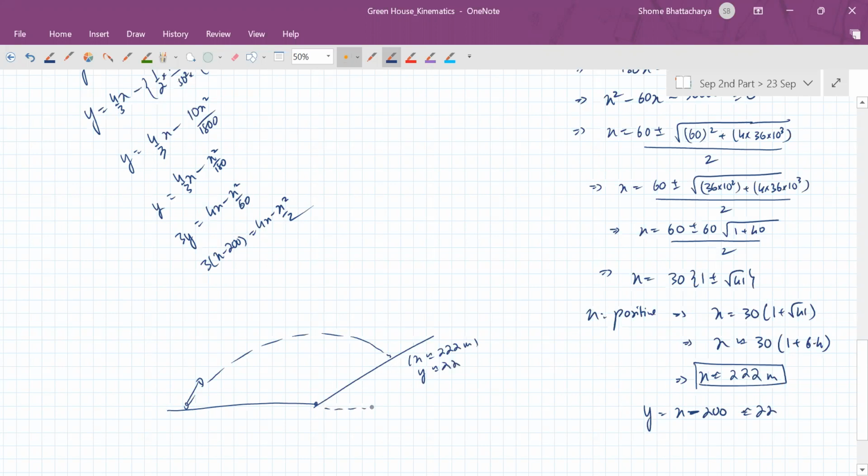And this angle is 45 degrees. Okay. So you can see that this was 200 meters. So this distance is about 22 meters. This is 22 meters. So our hypotenuse Z